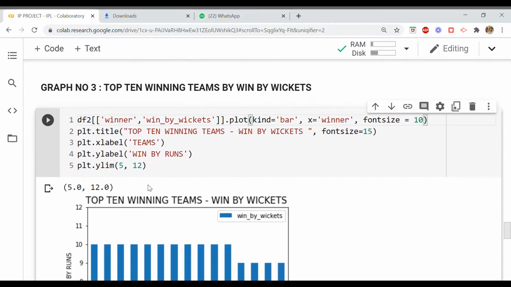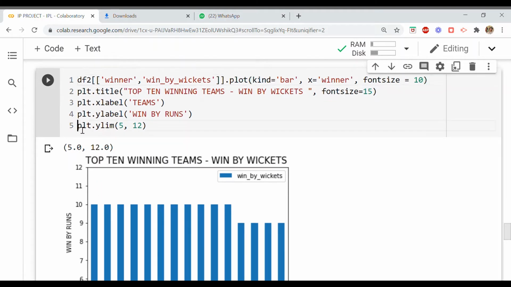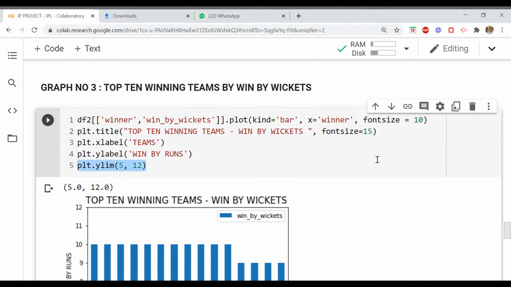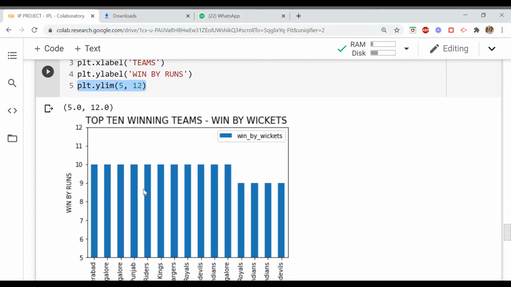And you can see here I have increased my graph limit over here. So in each and every cell of my code, I have tried to cover small things which are required for the project for your presentation part also. How you can change the axis, how you can change the limits, how you can change the font size, and so on. So this particular command will help you in extending the y-axis up to a limit. So instead of starting from 0 to 10, which will be otherwise by default depending upon the values in data being passed to the graph, here I'm changing my y limits. I'm starting from 5 and ending till 12.